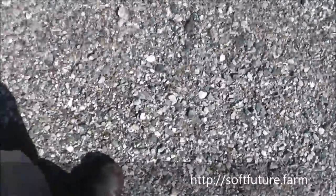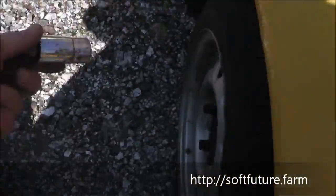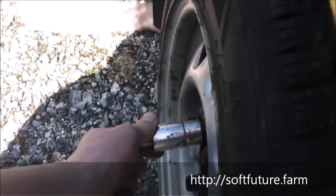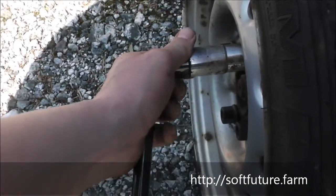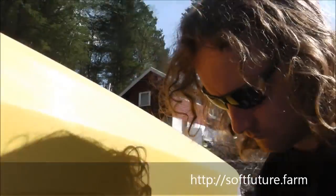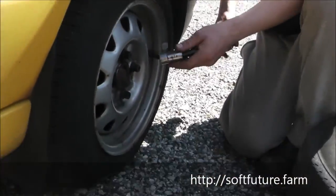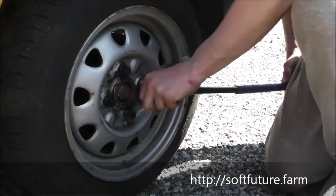So it's this bar that comes down, is it? Yeah. And the first thing to do is to loosen these screws while the car is down. So in a cross formation. 1, 2, 3,